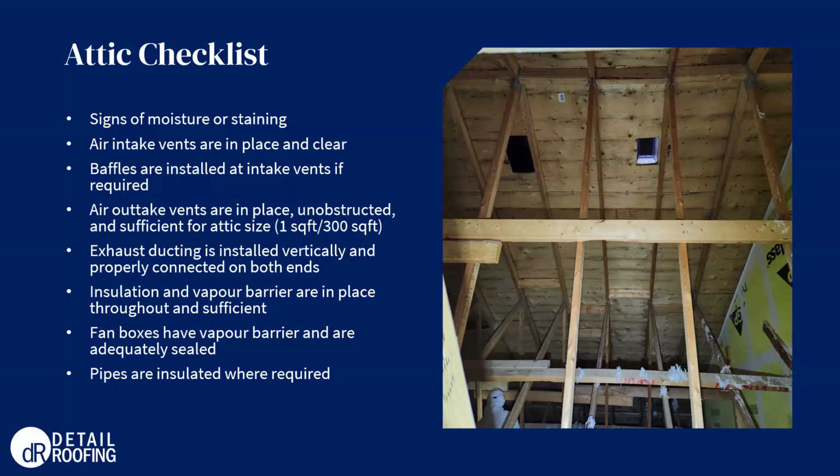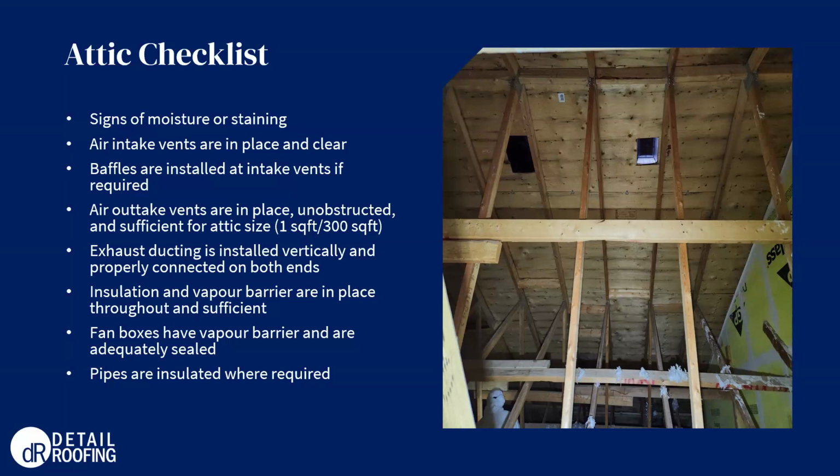As far as the air outtake vents, we can see some examples of those here. The vent that we can see here is called an AF50 vent, and we have an example in a few slides of what that looks like. But as I mentioned, ridge venting is also a possible air outtake ventilation system. We see whirlybird vents or box vents. But either way, there should be about 1 square foot of outtake ventilation for every 300 square feet of attic space. These should be unobstructed and nothing should be connected to them.